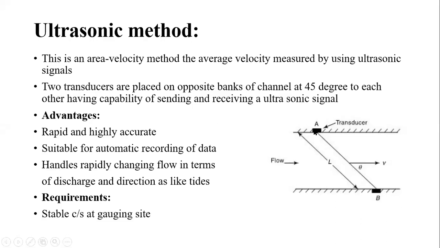So distance is known to us now, the length is known to us, then time is known to us, isn't it? Length of the stretch is known to us, then the time required for the sound to move, we have calculated. Then by knowing that time and length, by having the known magnitudes, we are going to find the velocity over here. And then velocity into the area is nothing but the discharge. So Q will be the area of this section into the velocity.